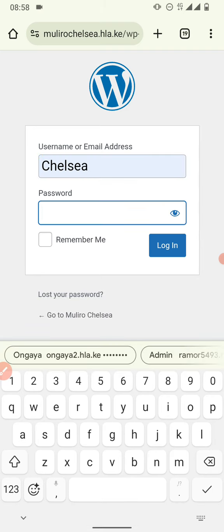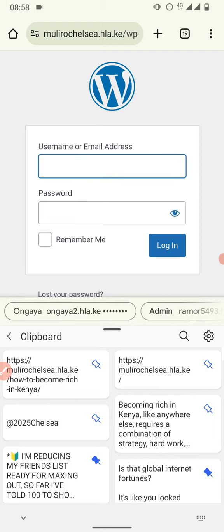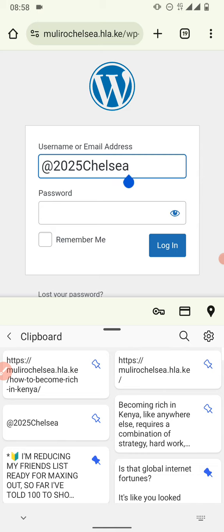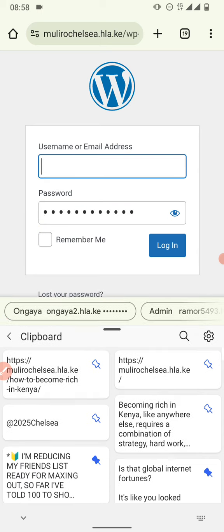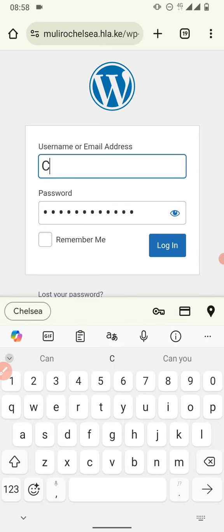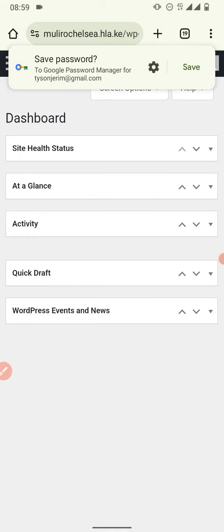Let me see if we still have it saved somewhere. Let me see if I can still remember it. Yeah, this was the password we had set. So we can go ahead and paste it at the password section, and then we put in the username, and then we log in. So we want to install a plugin here called